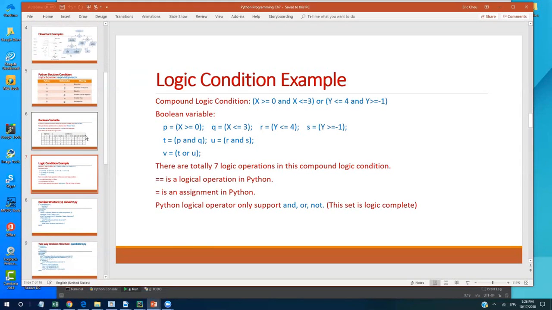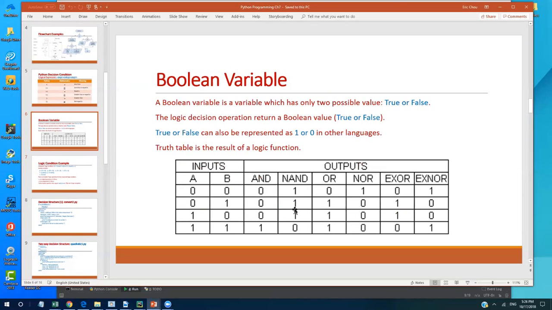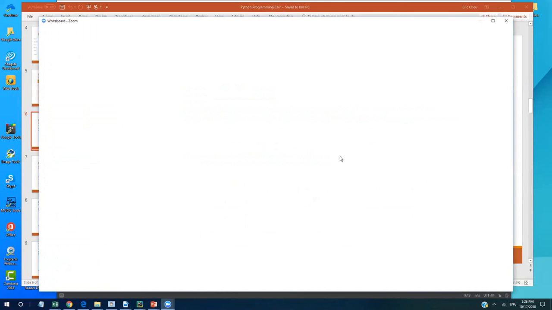We have Boolean, and then the next one we need to know about is called the truth table. Okay, this one is called truth table. So what is truth table? What is truth table for? Okay, let me give you some idea. If we want to study, like